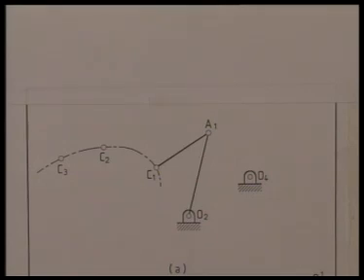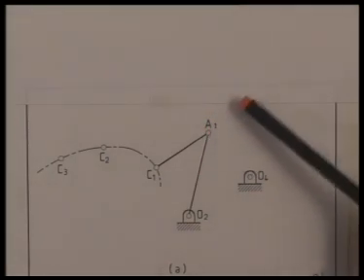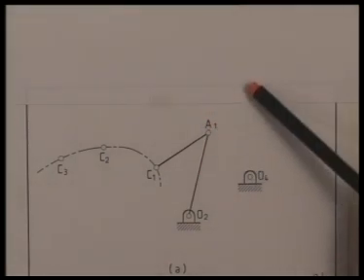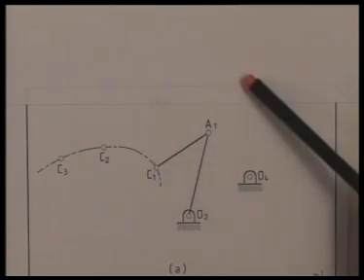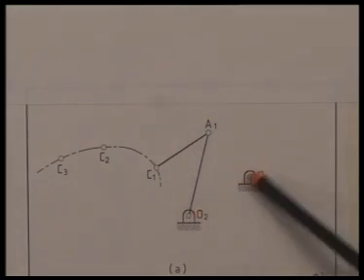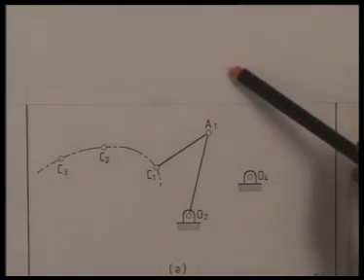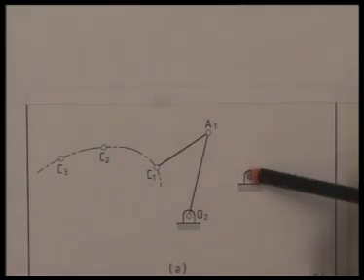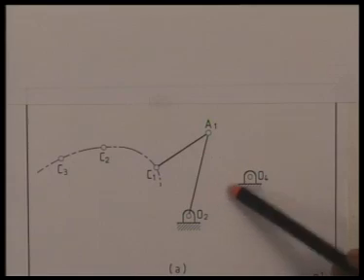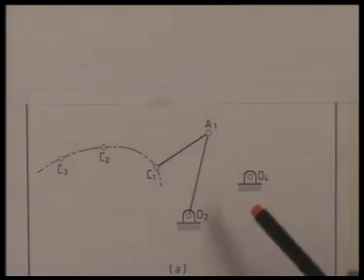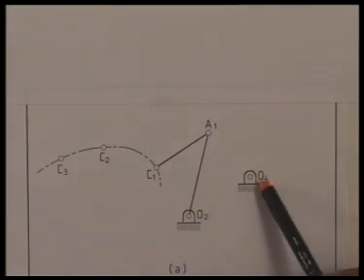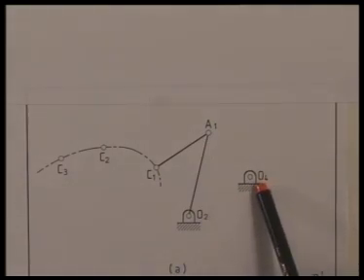To do this, we again make a kinematic inversion. As we see, we have to determine the point B on the first position of the coupler, that is ABC, B1. So we hold the coupler fixed in its first position and allow the fixed link O2-O4 to move. Since B1 remains fixed and B1-O4 distance is constant, so O4 must move on a circle with B1 as the center. So our job is to determine what we call the inverted position of this moving hinge, fixed hinge O4,